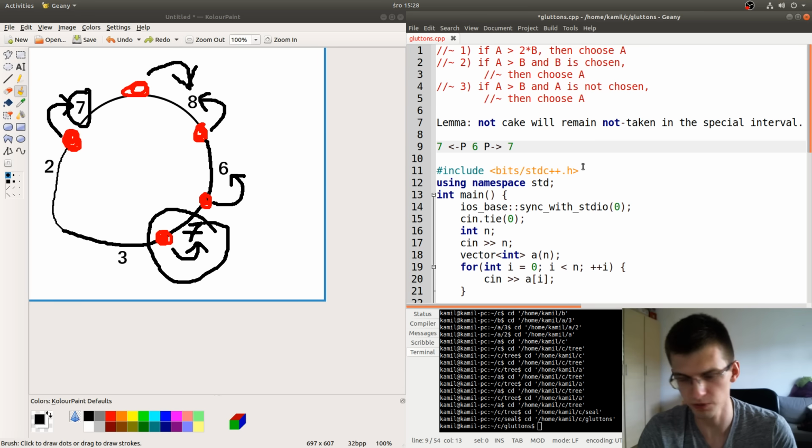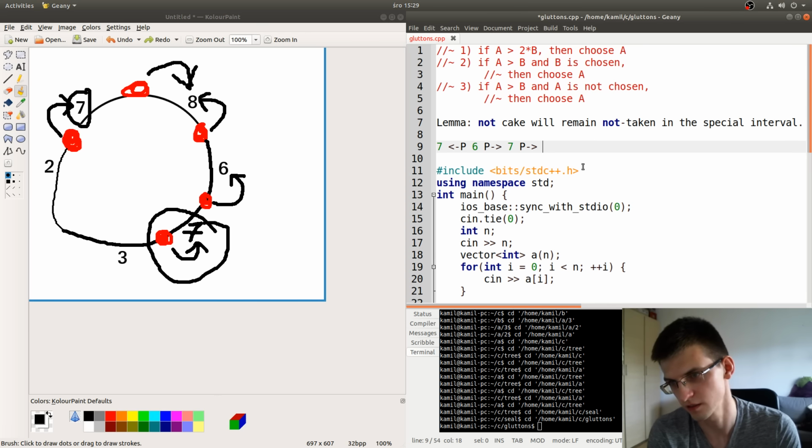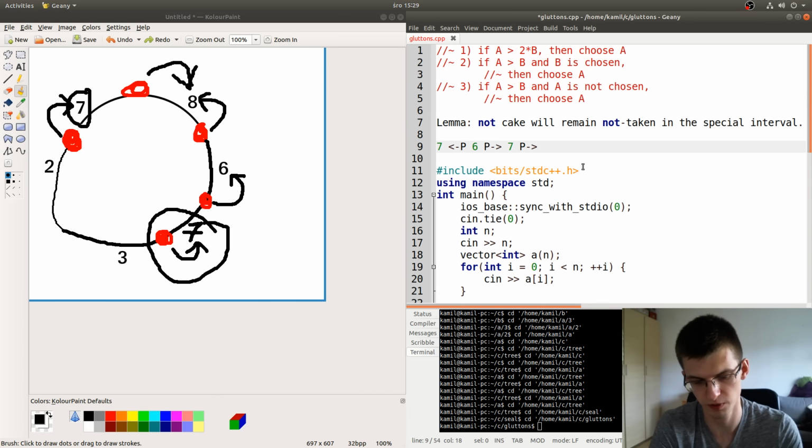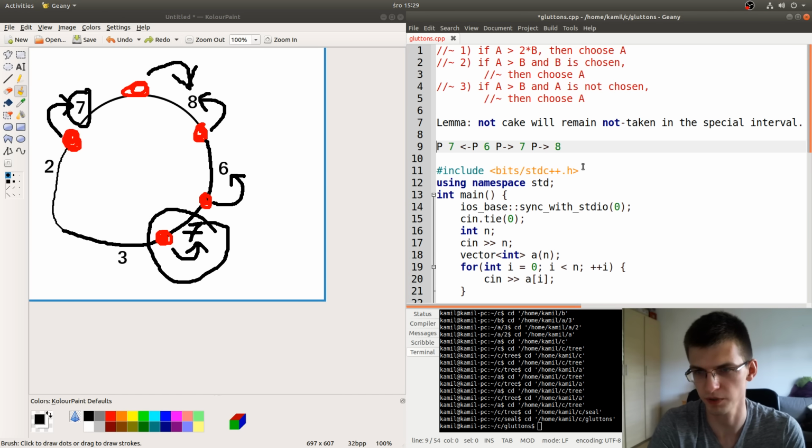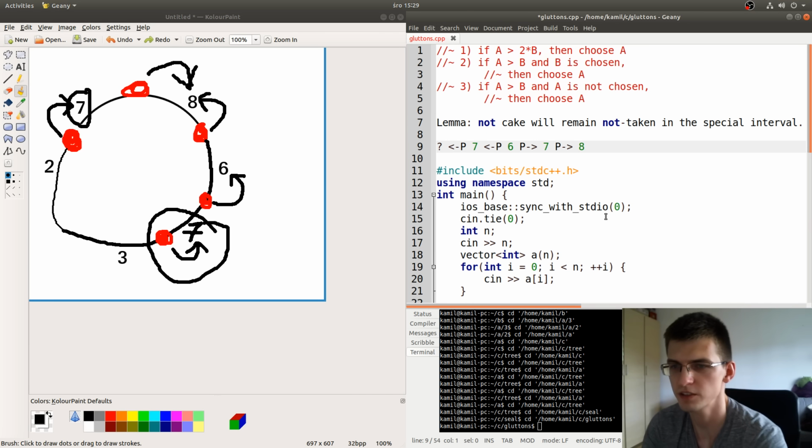But that assumes that here the next person also chooses a thing to the right. I don't know, maybe it would be an 8, maybe 6. The same here, there is some person, so also there's some cake here.